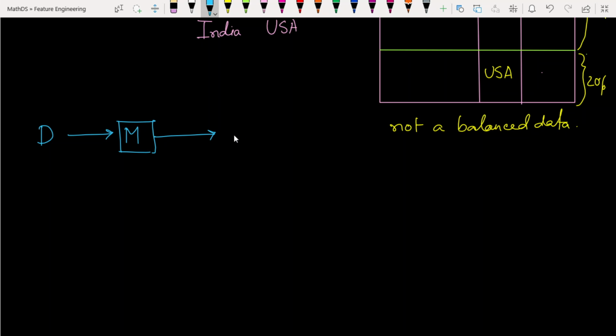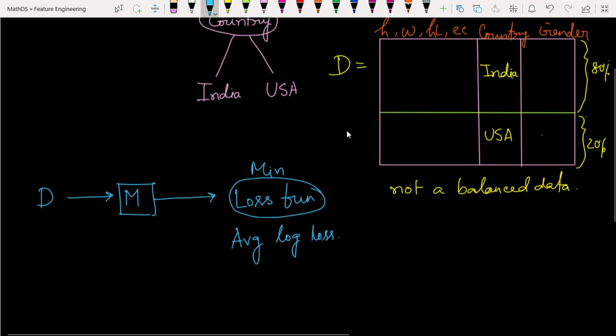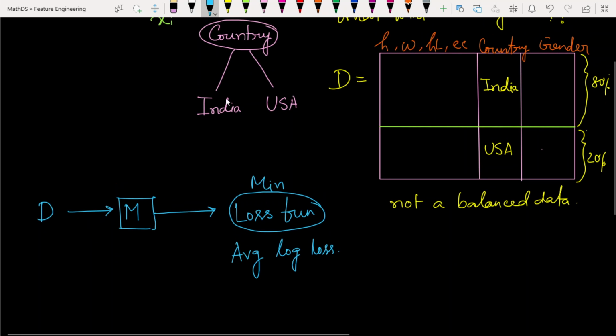At the end of the day we have to minimize the loss function, and you can think of it like an average log loss type of thing. So if we simply use this whole data D and build the model M,